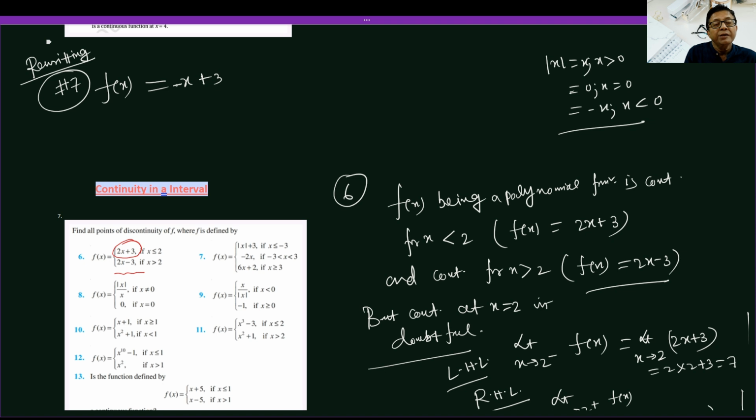You have rewritten the part which you were supposed to do. The rest of the part will remain the same. Minus 2x, and this is